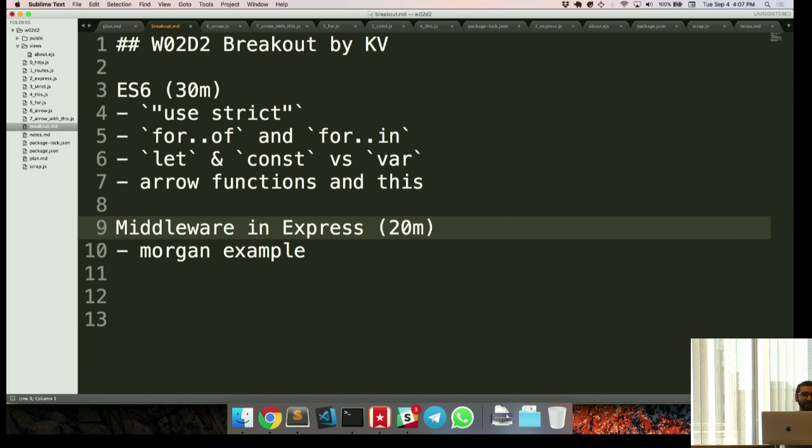Ideally use const as much as possible, and use let where you need to rebind, which is rare. Use arrow functions unless you need to use this on anonymous functions. That one's a little bit more opinionated. I don't know if I like arrow functions more or less.